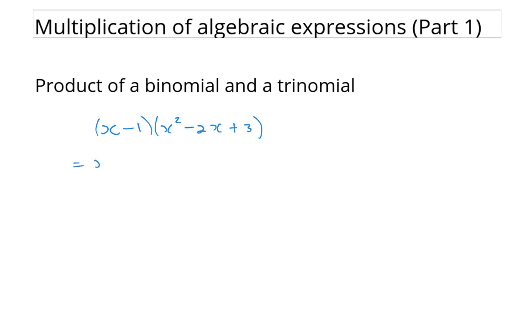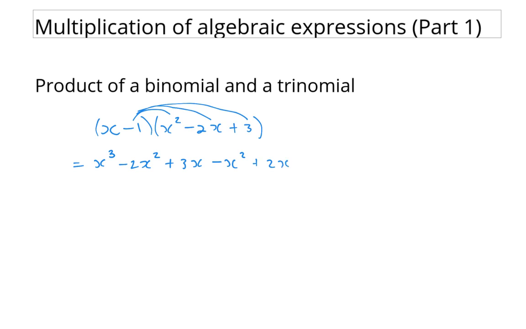X times x squared is x cubed. X times minus 2x is minus 2x to the power of 2. And x times 3 is plus 3x. Then you're going to multiply the second term, minus 1, with all three terms of the trinomial. Minus 1 times x squared is minus x squared,